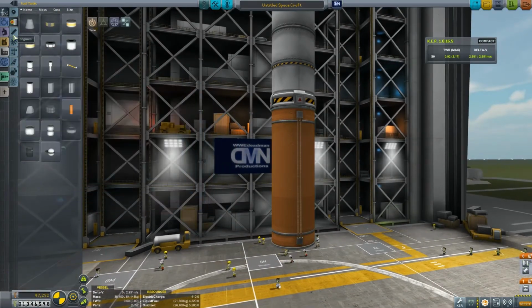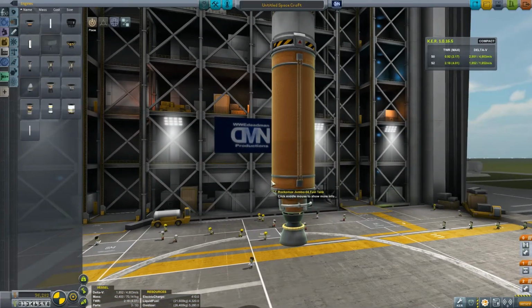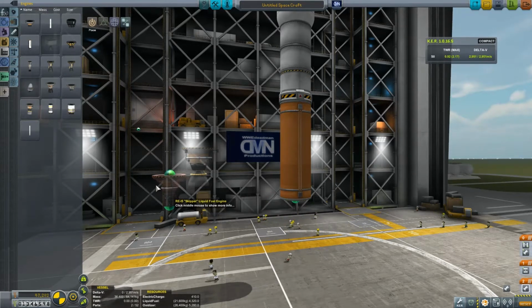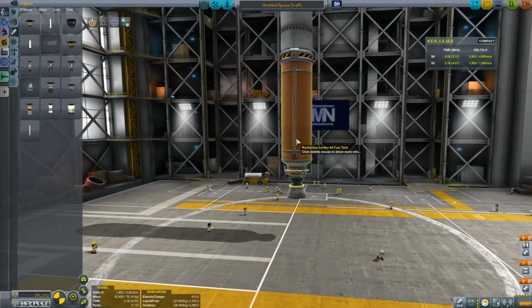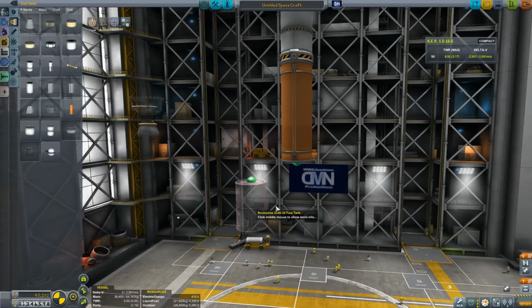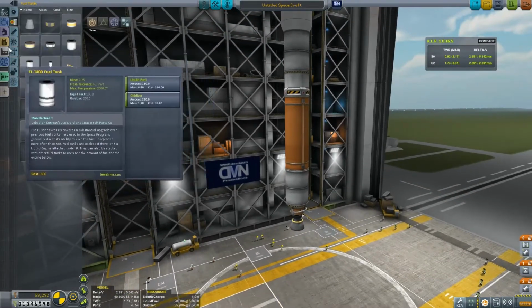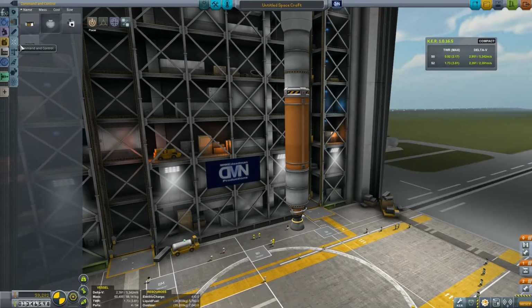And then we put a big rocket. Like a Mainsail. Wait, can we get away with a Skipper on this? Barely. But we can get away with extra tanks on this. Yeah. And to make sure this actually gets out,